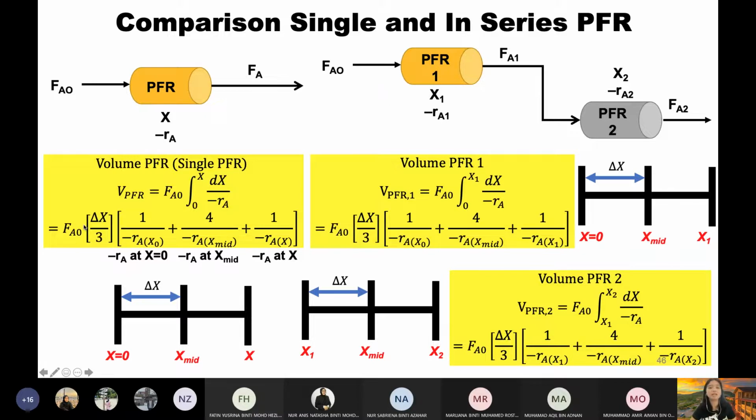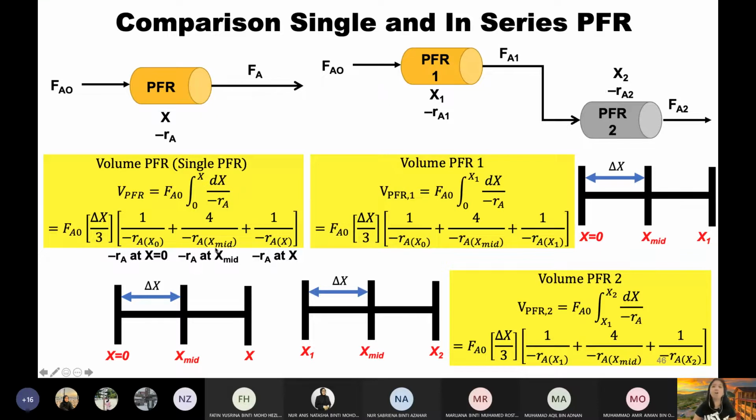Okay, so delta X ni, I told you right? I will explain kejap lagi. I explain the back part first. Dah pernah explain tapi saya recap balik. At the back part, you have 3 parts sebab Simpson one-third rule. So you have 3 points. So the first point will be 1 per minus RA at your lower limit, which is 0. So minus RA apabila X saya kosong. This is not to signify multiply X. This is to signify minus RA when my X is 0.